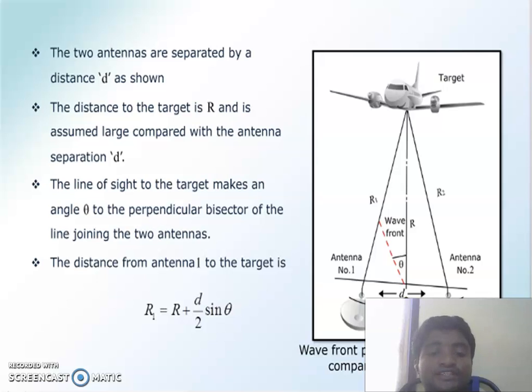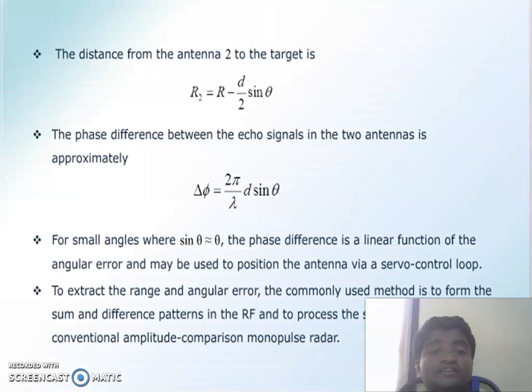Therefore, the distance from antenna 1 to the target is r1, that is equal to r plus d by 2 sine theta. And next, the distance from antenna 2 to the target is r2, that is r minus d by 2 sine